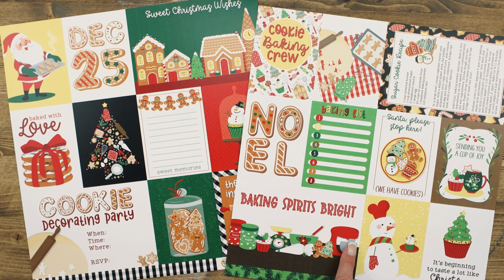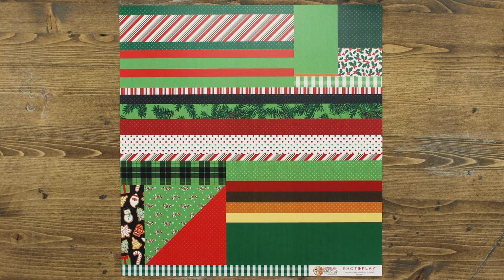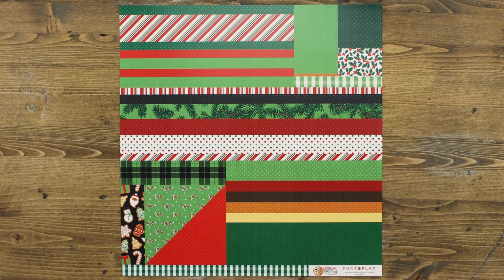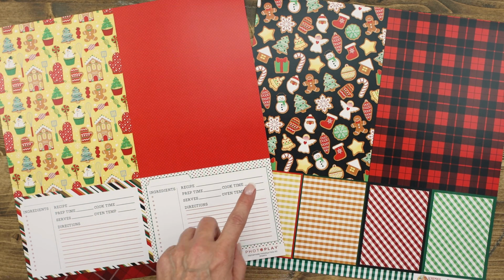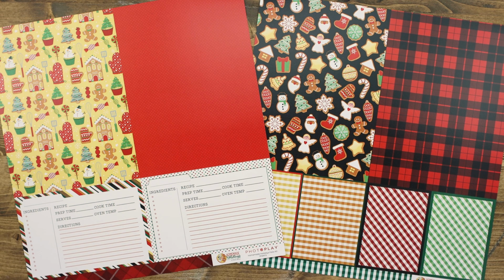You'll get lots of cut-aparts. You'll get beautiful tags. You'll get one sheet with lots of different strips to be able to decorate your folio. So you'll cut these apart and use these as the instructions show. You'll get multiple pieces of paper that have 6x8 background papers like this. You'll also get papers that have fun little recipe cards for you to add your recipes to, as well as